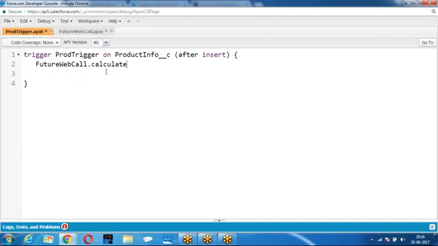Yesterday we discussed that ID is a primitive data type. Don't pass the list of records, pass only the list of IDs. How can you pass the list of IDs?